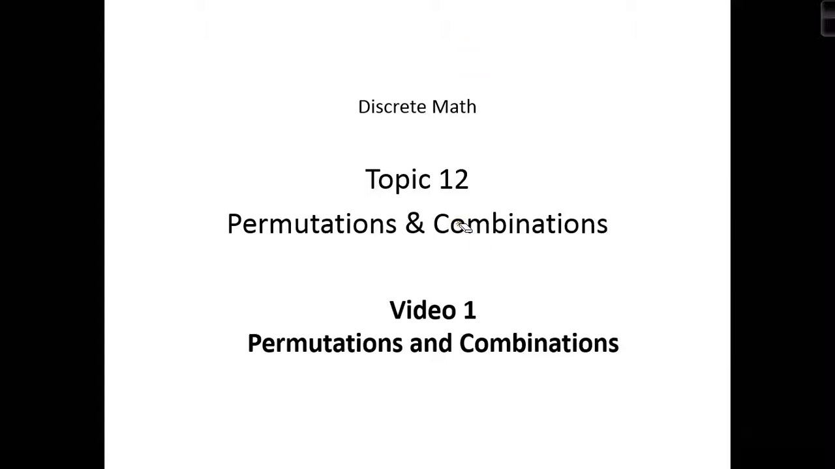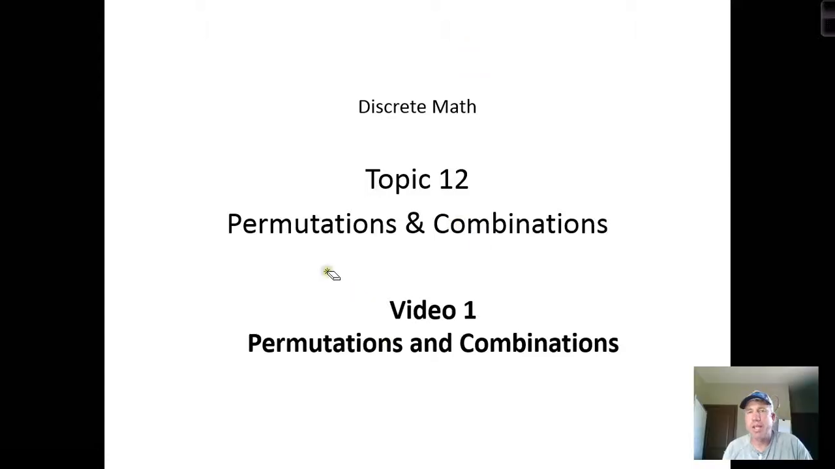So the next topic, topic 12, is going to deal with permutations and combinations. And permutations and combinations are going to provide us ways for counting objects. We're going to break this actually into two videos. So the first video is going to go over the basics of permutations, the basics of combinations, and then we're